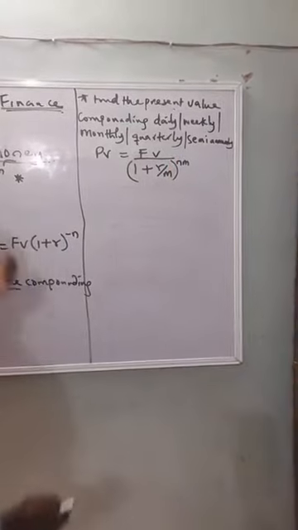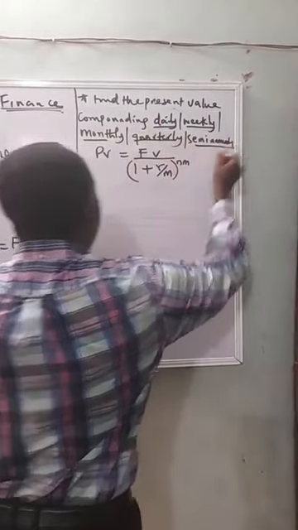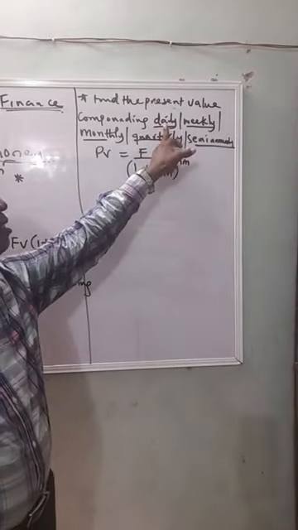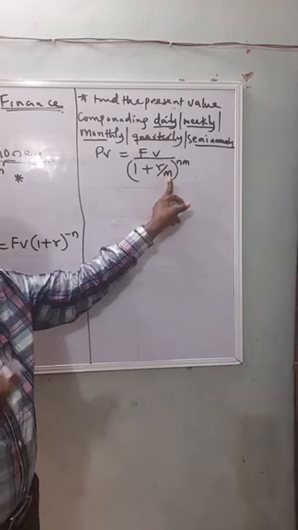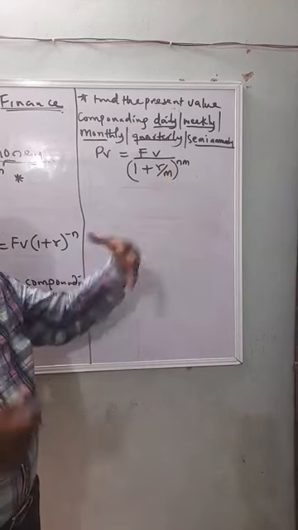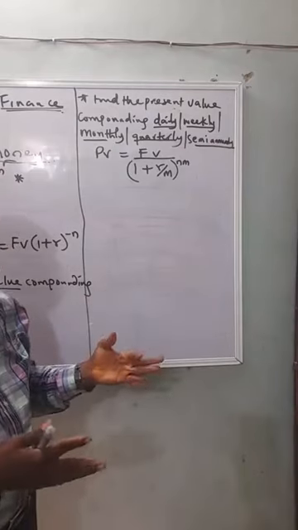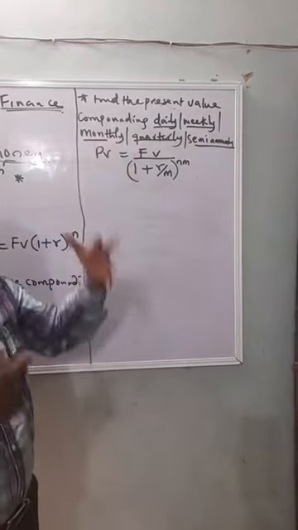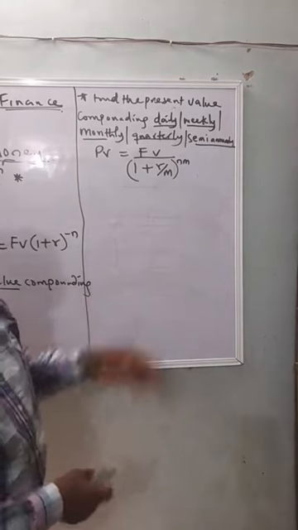That M represents daily, weekly, monthly, quarterly, semi-annually. That means if I'm asked to compound this thing daily, 365 days make a year, so that my M will be 365. Our N still represents number of years which must have been given. If you are talking about weekly, 52 weeks make a year. If they say it's fortnightly or every 2 weeks, the M will be 26. If they say it's monthly, it's 12 months in a year. That is for real calendar month, not lunar. So here will be 12.